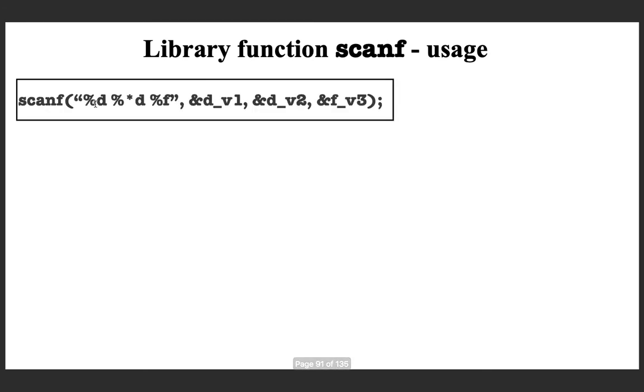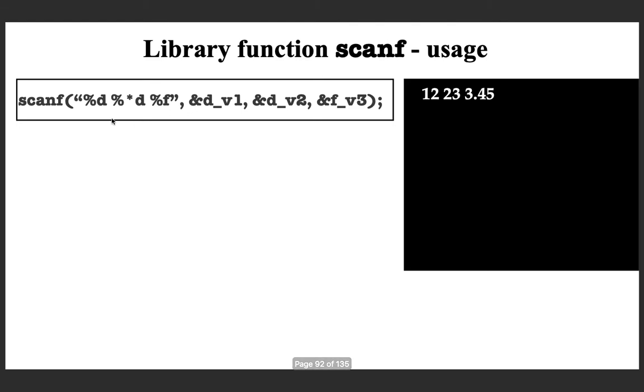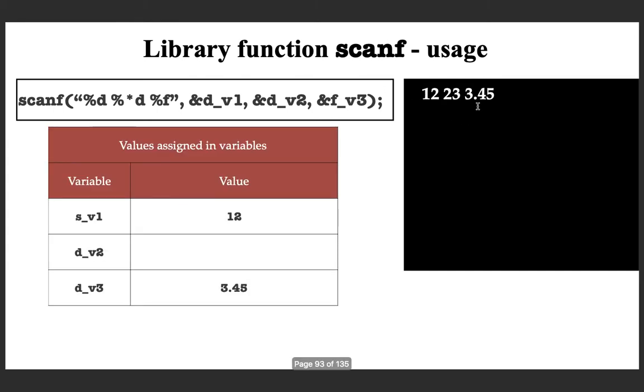Another use case, here rather than a number I am using a star, that is the only speciality here. See, I am trying to read a decimal integer followed by a decimal integer followed by a floating point value. So here are the 3 inputs. See what happens.